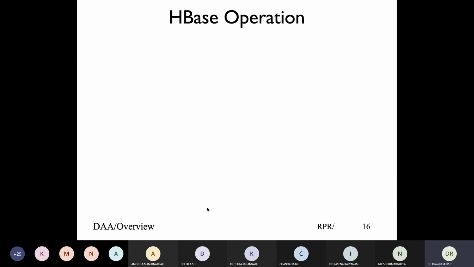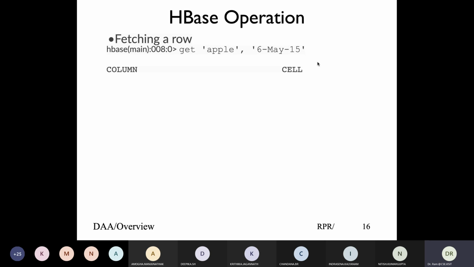And now you want to access the data. Put is putting the data. To read the data, you do the get operation, and get means you have to specify the key. So you say get, the table name and the key. So our rows are specified using the date. You put in the date as a key. So it gives you basically the columns and all the five fields, which is price as a family of four columns, and the volume.